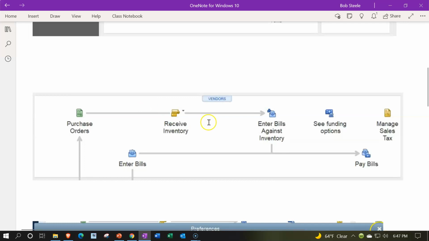Here's a zoom in on the vendor section in more detail so you can see just that component. We're focusing in on the purchase order, that being the starting point for the inventory process, because we're going to be purchasing inventory, the purchase order being a special form because it's really only a